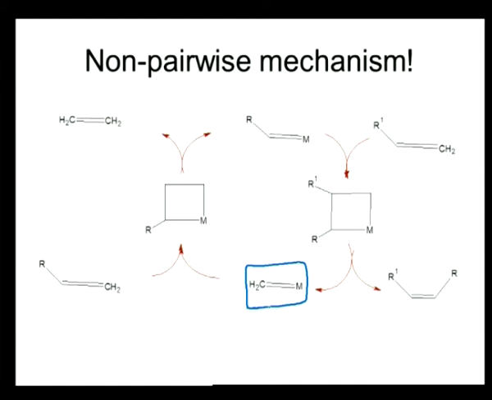So, let us take a look now at non-pairwise exchange with real molecules. So, if I have RCH-CH2, which I have pictured here, I can end up with a new metal carbene, and that new metal carbene can convert a different monofunctionalized olefin having an R1 group. Now, this is an R1 group as opposed to an R group, and you can connect this R1 and this R. Okay. So, this R1 and this R have now been combined to give you